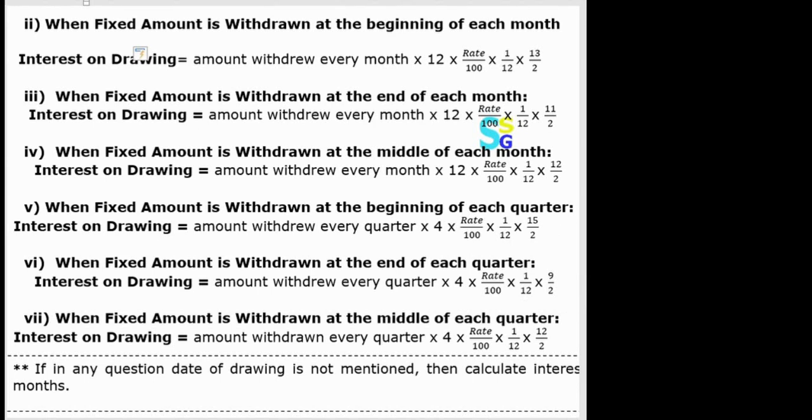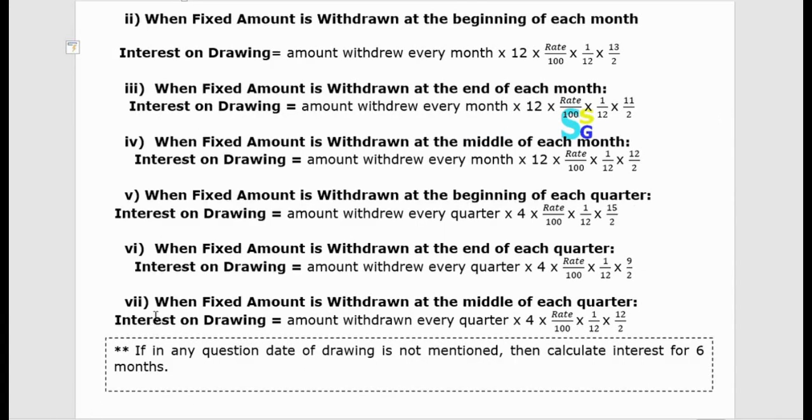Obviously, now we are withdrawing money on the last date. So 31st March, 30th June, 30th September and 31st December. For the amount withdrawn on 31st March, the partner has to pay the interest for 9 months. And for the amount withdrawn on 31st December, the interest has to be paid for 0 months. So again 9 plus 0 is equal to 9 by 2. Okay student.